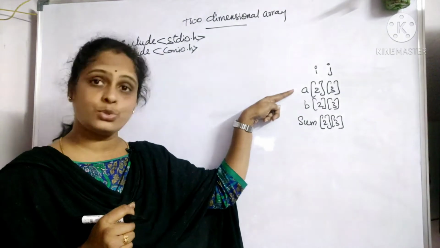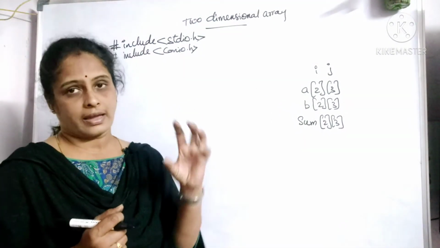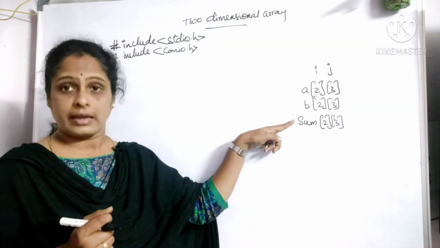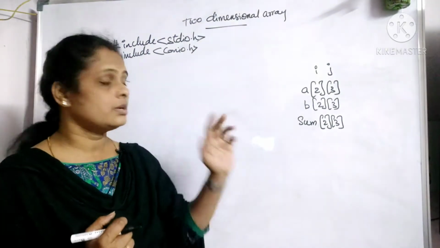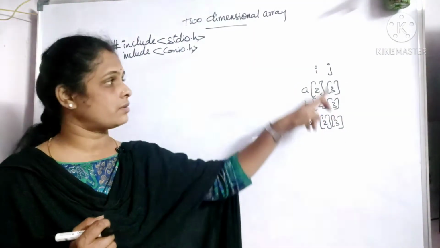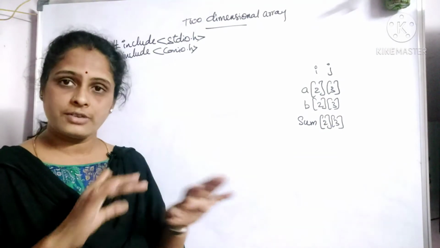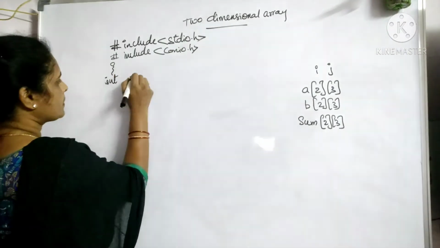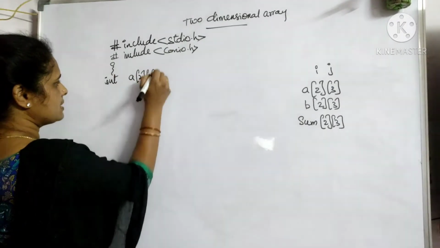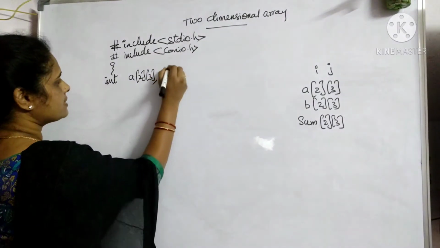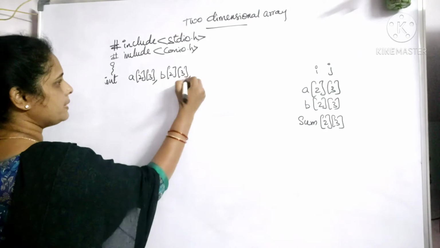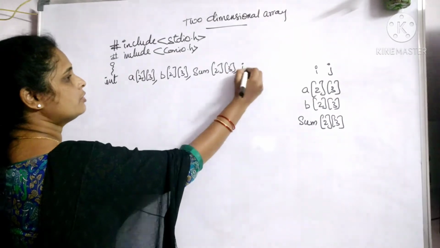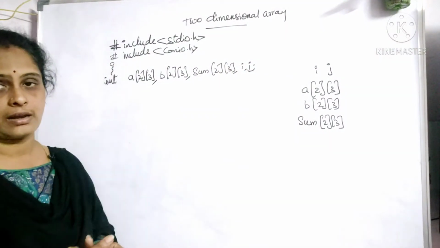We discussed that I need two arrays here, A and B. I need to add these two arrays and store the result in sum. That is, I need 3 arrays in all, and also some counter variables for row count and column count, so let us take them as i and j. All these elements are integer type of data. So int A[2][3], that is 2 rows and 3 columns. In the same way the second array B, and I need to declare the sum also, followed by i and j. As of now these are our declarations.